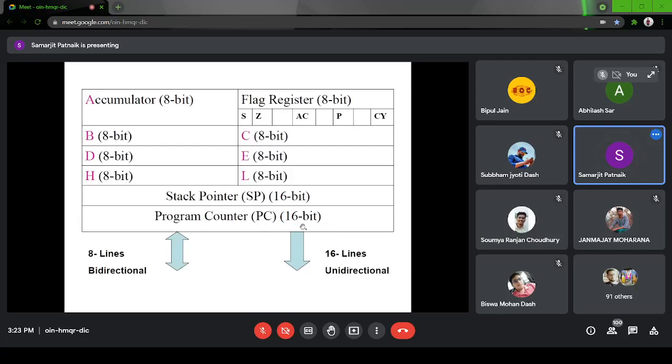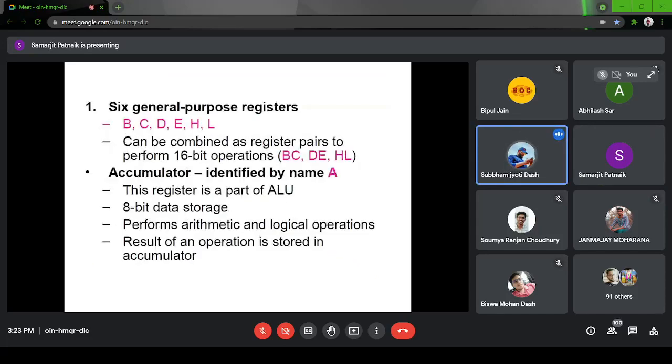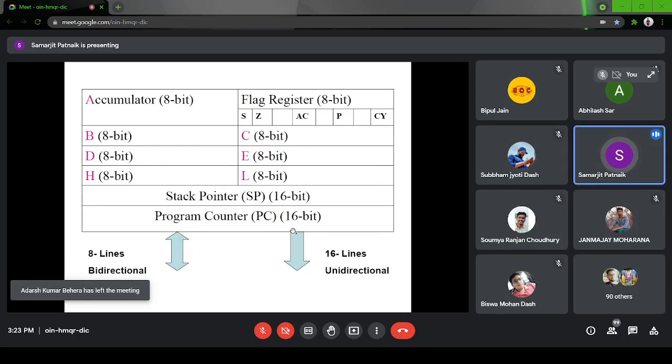Sir, what is the configuration of these registers, SISO, PIPO, which type of configuration? Serial in, serial out, or parallel in, parallel out? Okay, serial in, serial out would be a kind of linked list we are talking about.